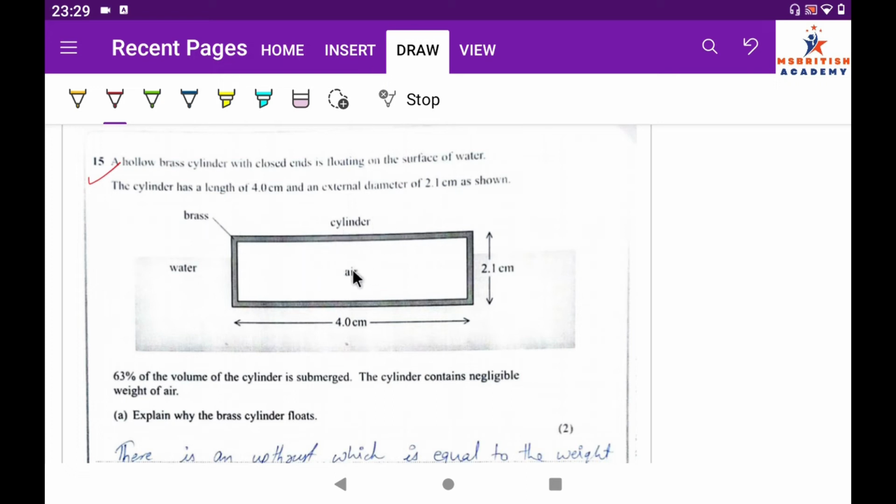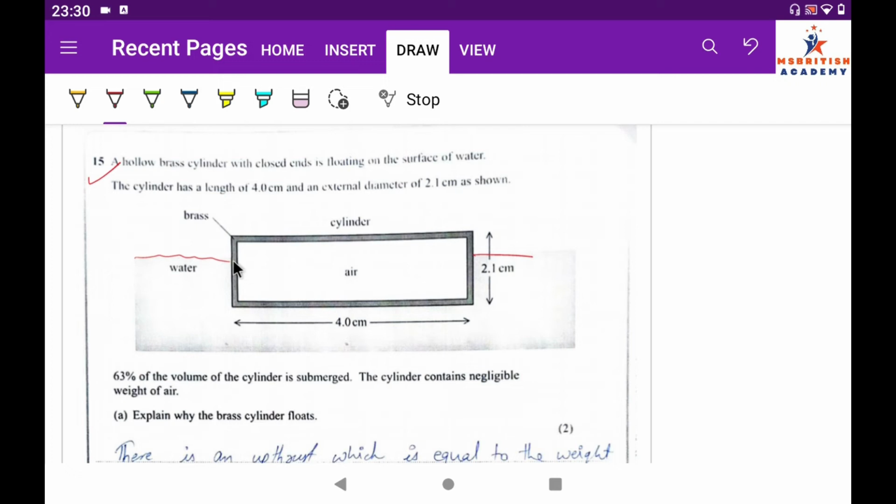Inside it air is filled, and here it is water. The length is 4 centimeter and the breadth is 2.1 centimeter, and 63% of the volume of the cylinder is submerged,